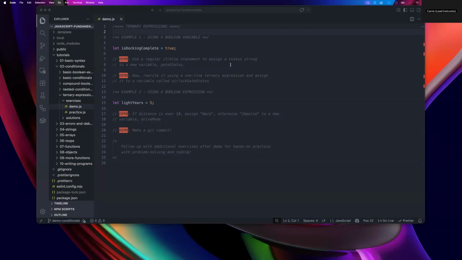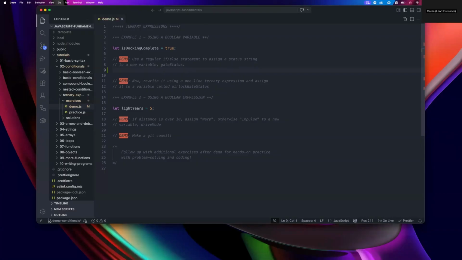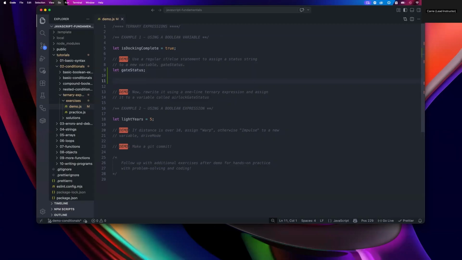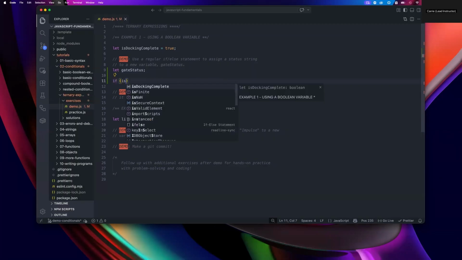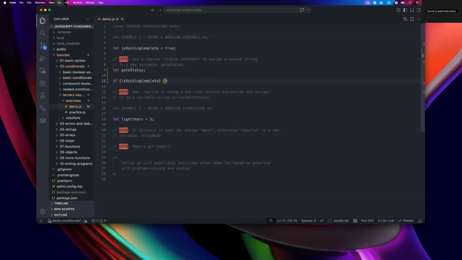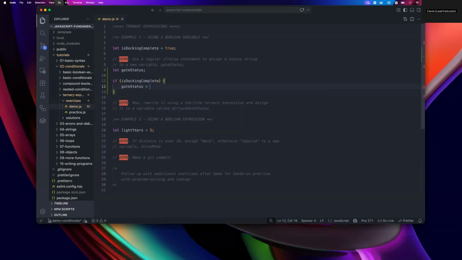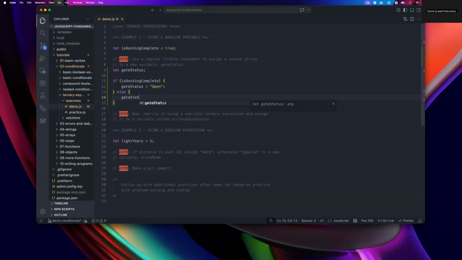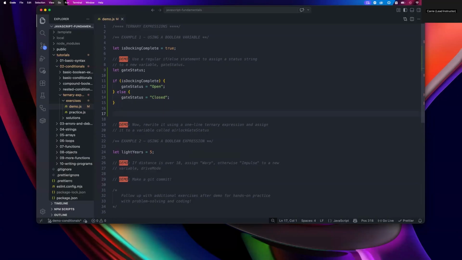First, I want to start with a regular if-else statement so that you can see the difference. Let's say that we want to assign a status to a new variable called getStatus. I could declare it, but I'm not ready to initialize it yet. We need to use some logic to do that. So I could say if isDockingComplete, then let's assign the value of open to getStatus. Otherwise, if docking is not complete, we can say it's closed. So one or the other will get assigned. Let's log it,